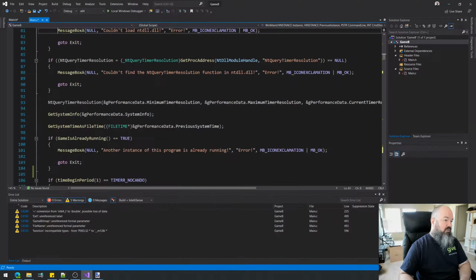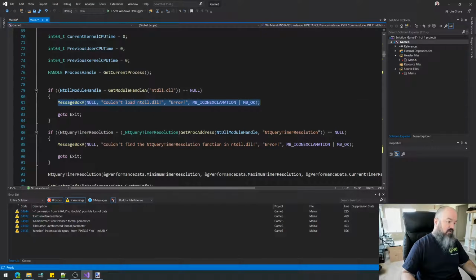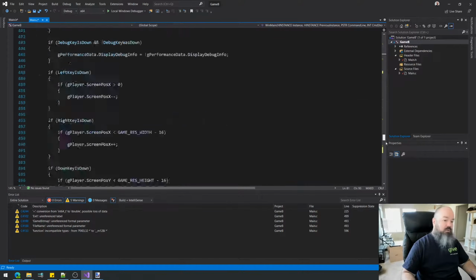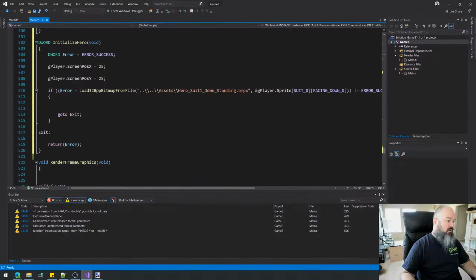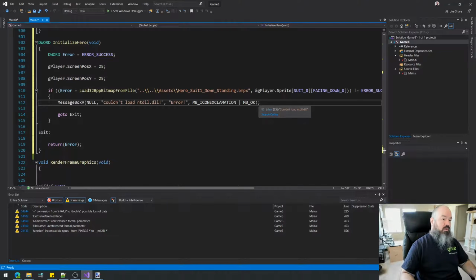Basically all this is doing right now is I keep using these message boxes, which I don't even want to use. This just goes to show that it's becoming more and more pressing that I create our own error handling sort of function that does the logging and the error recording stuff that we want to do. It's becoming more and more important as the project gets bigger, so I'm definitely going to have to get on that soon. But anyway, so back here in initialize hero, I'm doing a